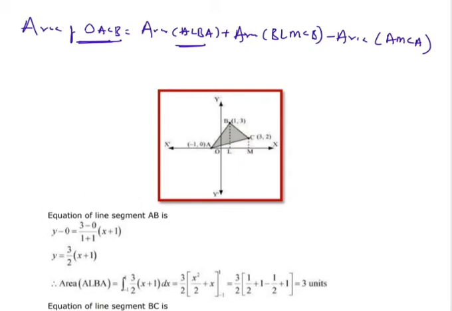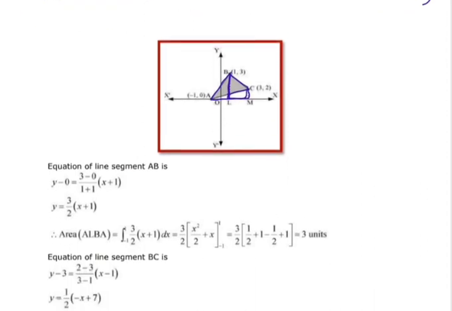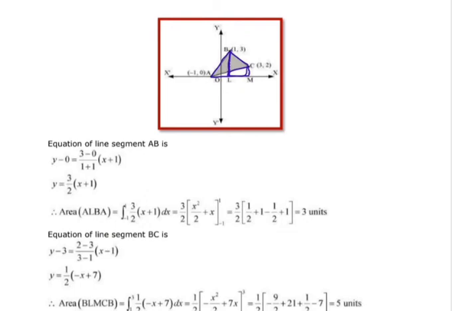So this whole area: first this area plus this area minus this area. So let's see, the equation of a line segment AB is y minus 0, that is